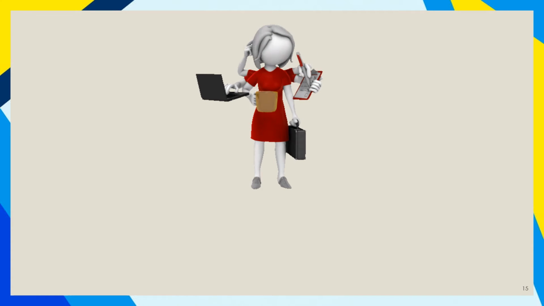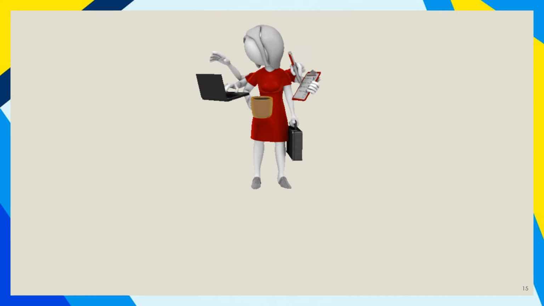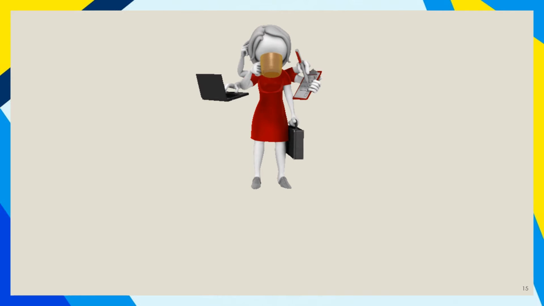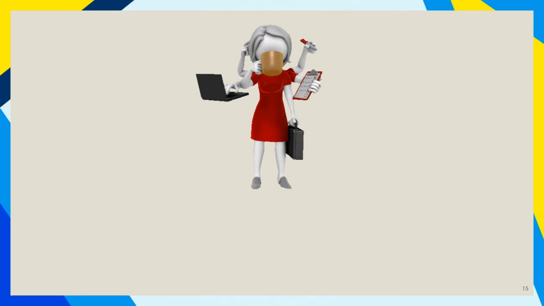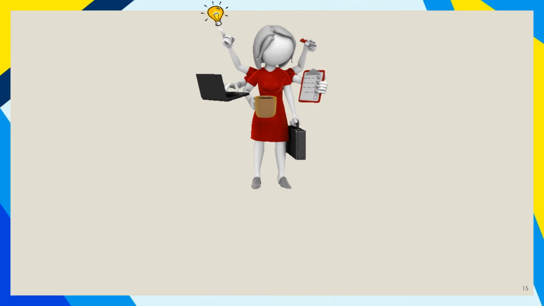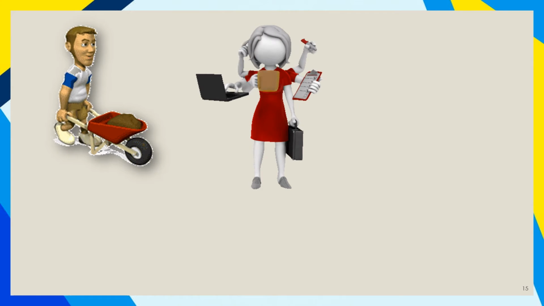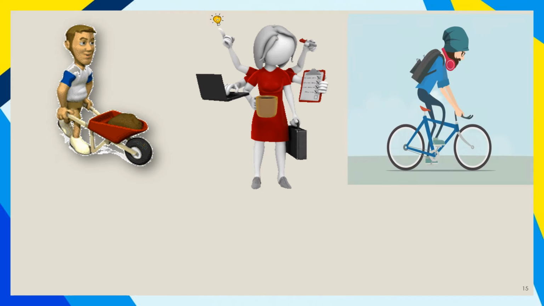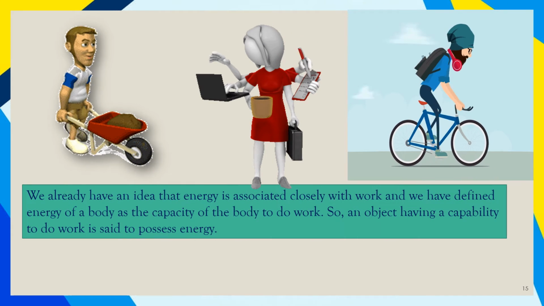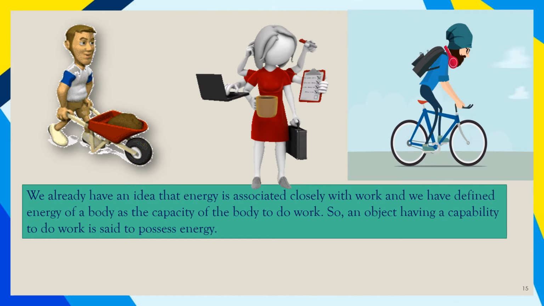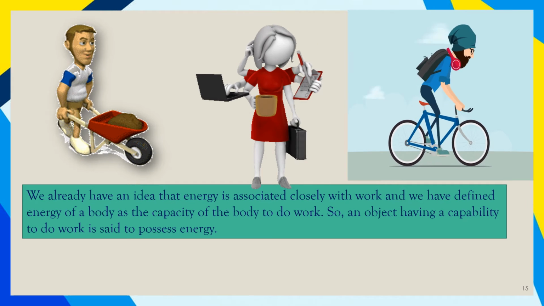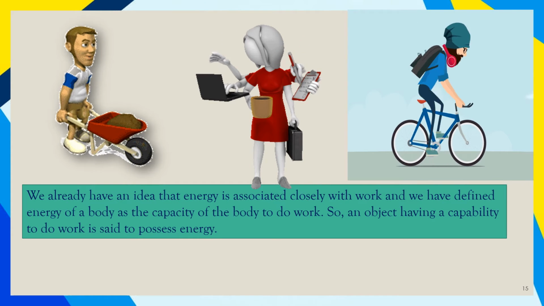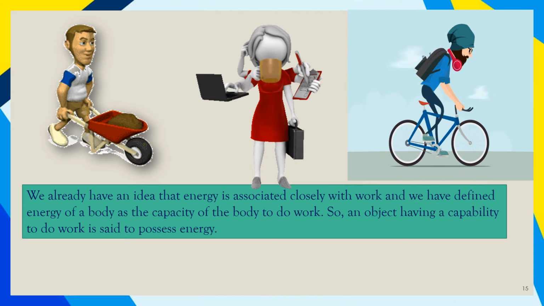We have already learned about work in our previous class. We have learned that in order to perform work, a person needs energy, right? So, if I want to do work, there is energy already present. If I'm doing some work, that means I have energy, and that is the reason work is being done. In these examples, the person who is performing work has energy and it is closely related to that. So we have learned that energy and work go hand in hand.